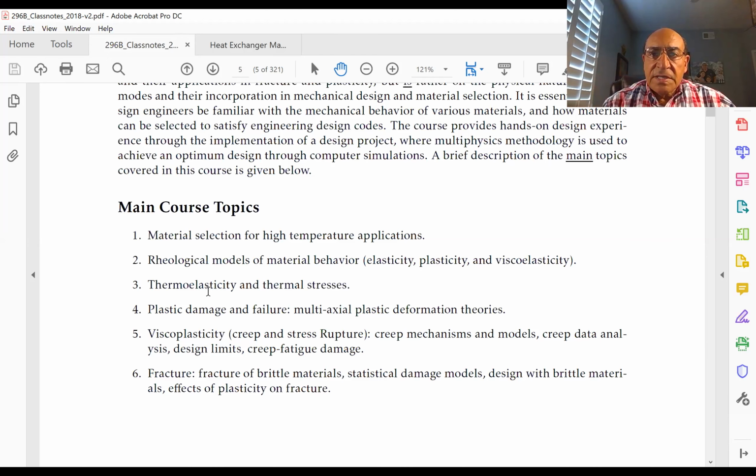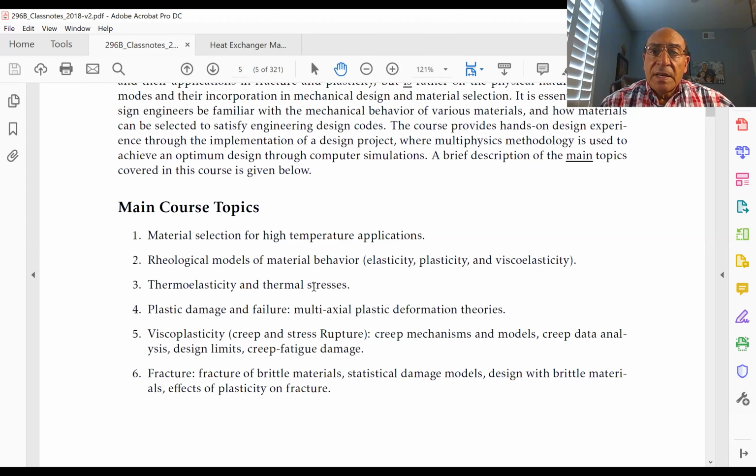Then the next subject that we will deal with is thermoelasticity and thermal stresses. And there we will deal with simplified components so that we don't get tangled up with a lot of mathematical developments of plasticity of complex systems. So here we would deal with the rods, beams that can be bent, and also tubes or cylinders that are pressurized from the inside or outside, axisymmetric systems where the thermal stresses can be analyzed rather quickly and with closed form